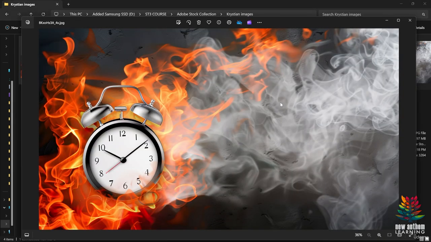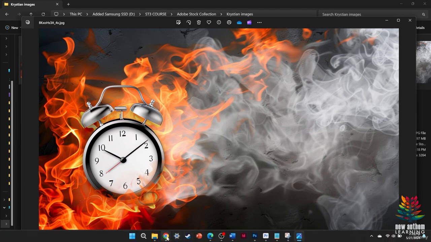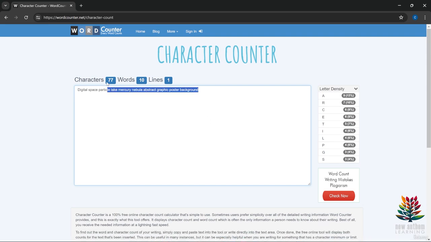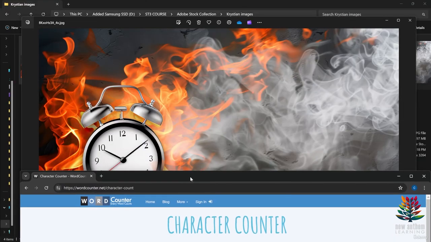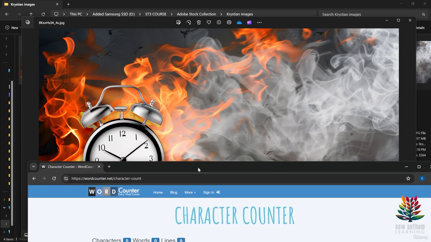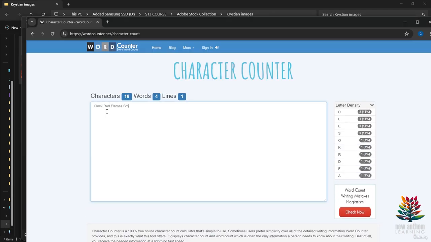So in picking out the words that I think are describing what's in the image and what the image means, I'm going to try to balance both of those sets of words here. I'm going to pull up a keyword counter so we can see if we're using the right number of characters for this potential title. I want to have it showing here. So looking at the clock, we've got a clock, red flames with some smoke. Clock, red flames, smoke,